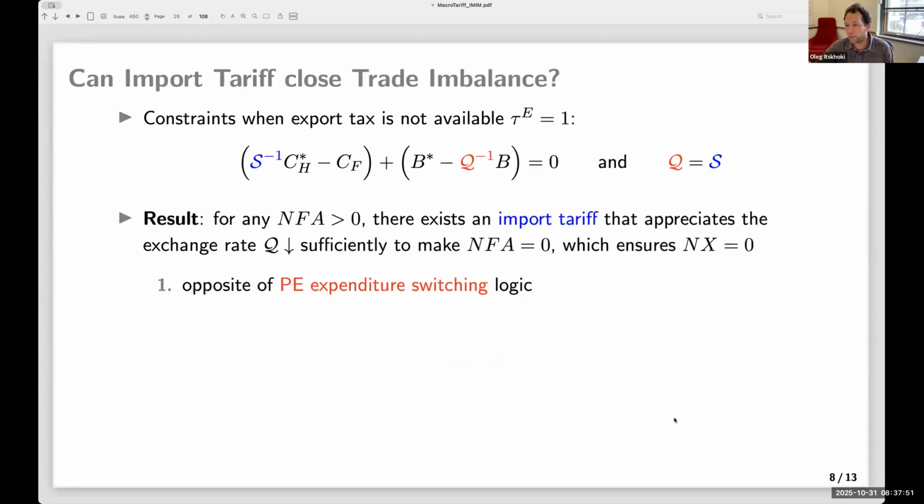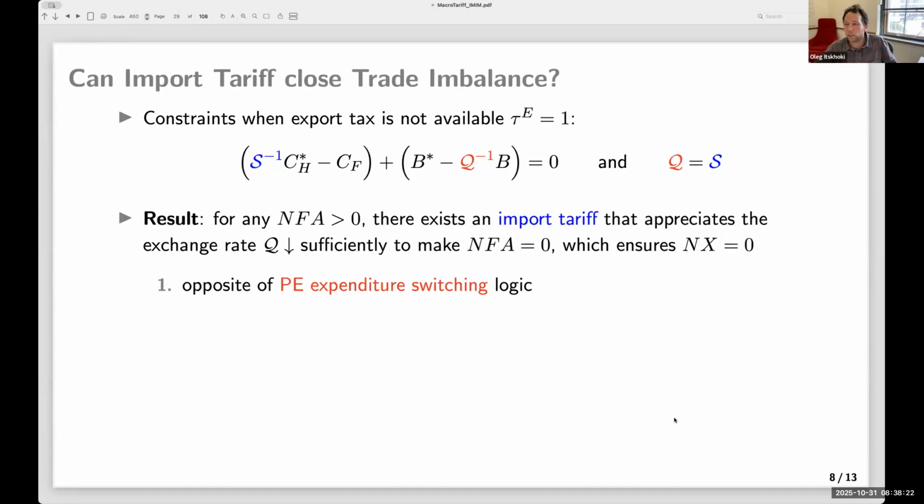And so this is the result. That's very different from expenditure switching. Expenditure switching, to rebalance trade, typically calls for a dollar depreciation. Here, it works through the financial side. So it calls for dollar appreciation to wipe out the financial side. And so other things will balance out, but you don't need the depreciation to prop up exports. The wealth effects will be taken care of through the financial valuation effect. And so it's a very different logic than people typically have for portfolio rebalancing, right?